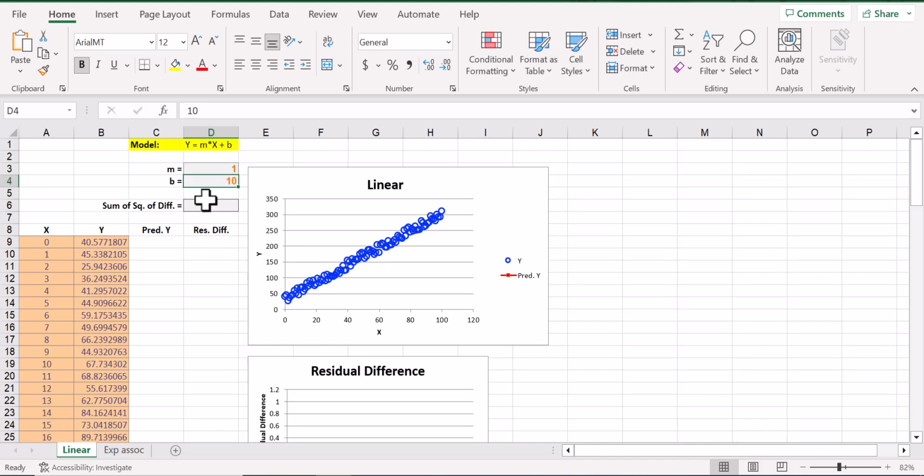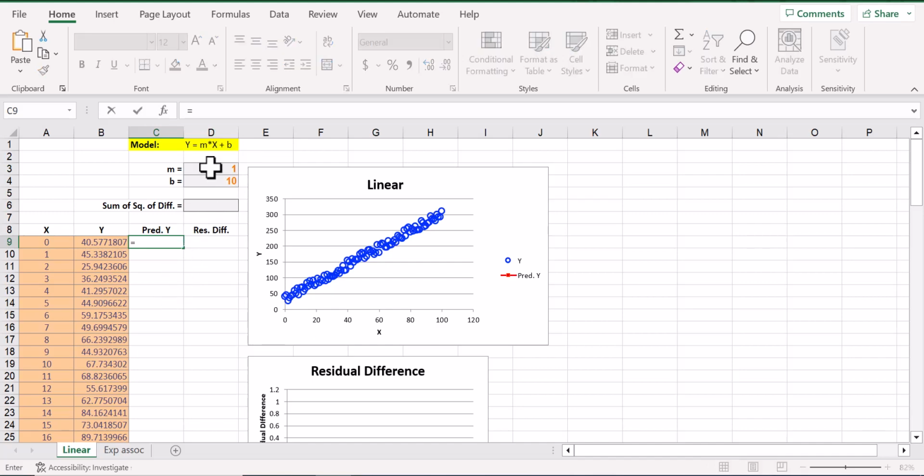Now the second step is to prepare a column of cells that calculates the predicted Y value for each X value using the parameter values shown in the cells we just prepared. So this is where you have to carefully type the formula that corresponds to the model that you wrote out above in the annotation. So in this case, I would type equals